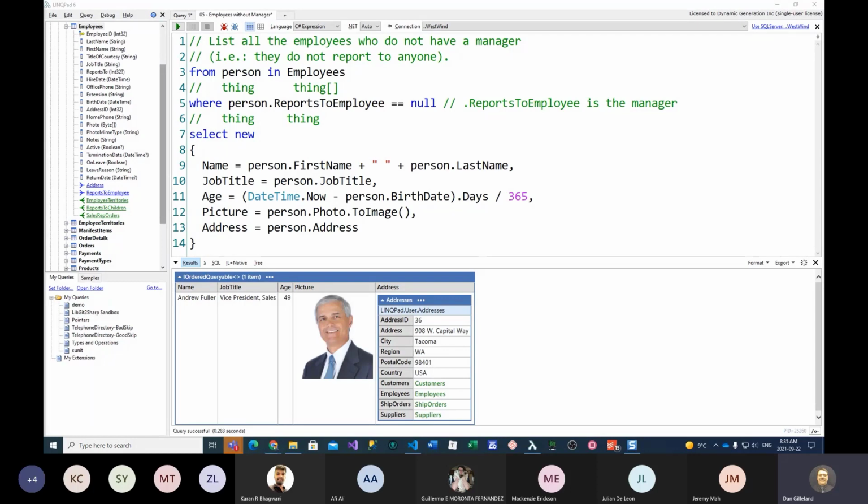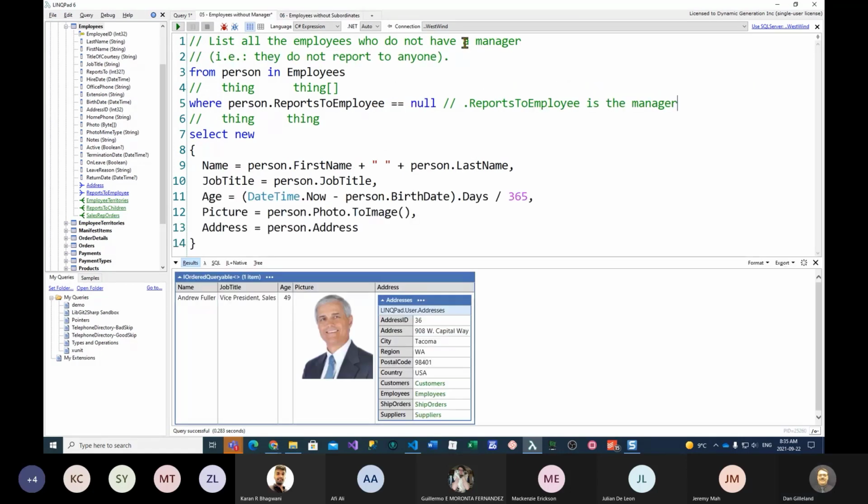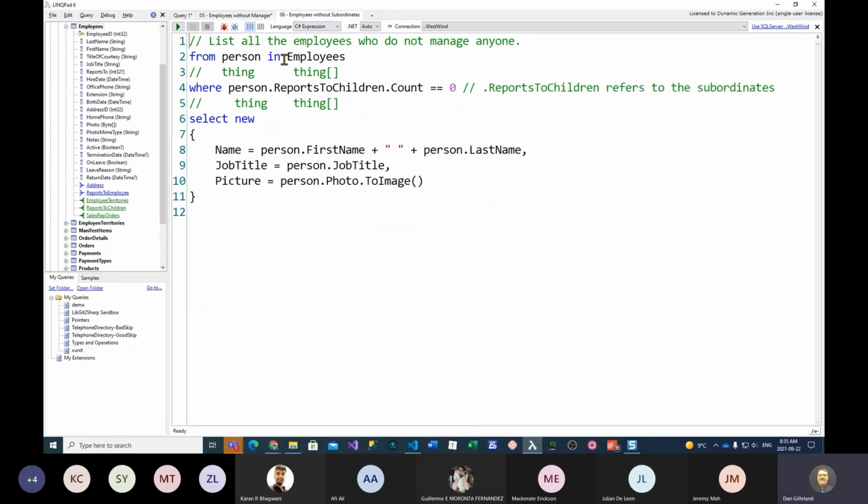Okay, let's take a look at example number 6, because that does go to the other direction. List all the employees who do not manage anybody. Oh, wait a minute. List all the employees who do not have a manager. So that's the boss. List all the employees who do not manage anybody. If you don't manage anybody in the organization, then you're just a regular worker. You're kind of on the bottom tier in the organizational chart. Now, I mentioned that reports to children here,